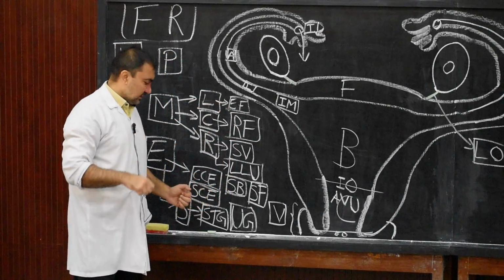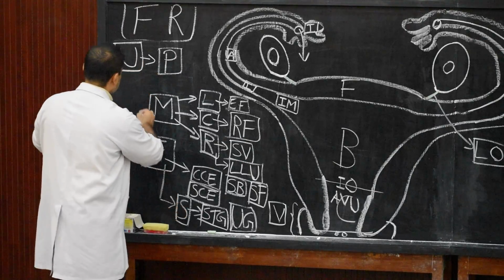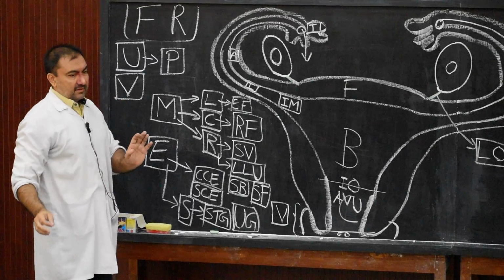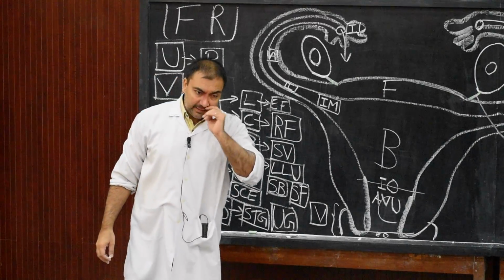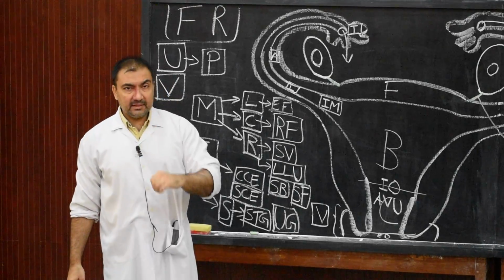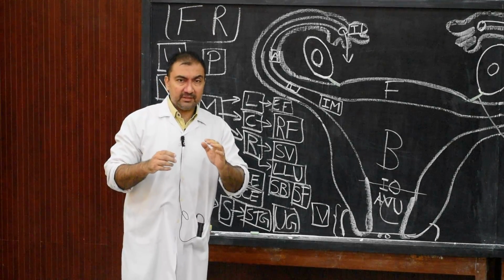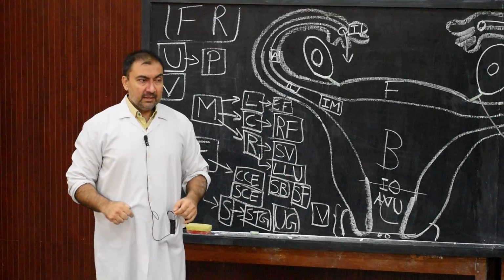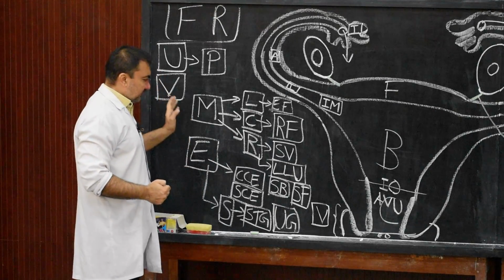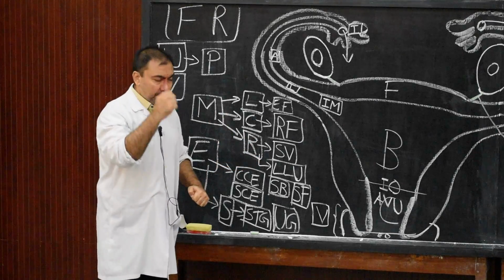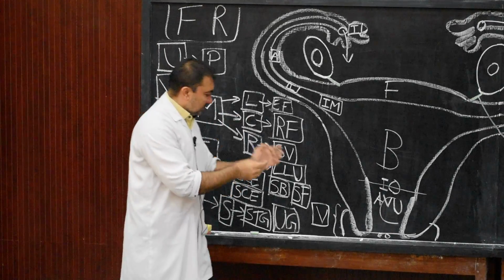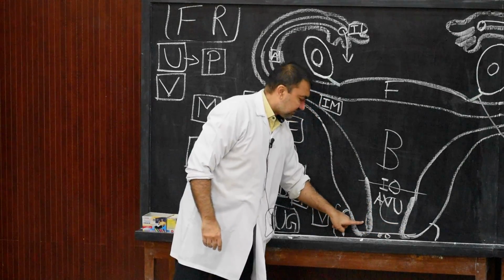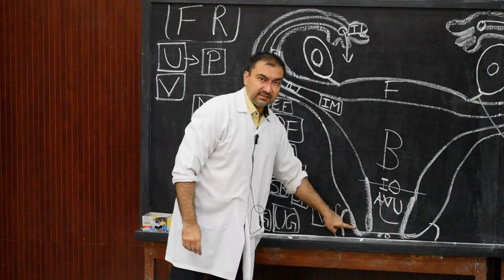Now we come to the vagina, which is very simple. You need to understand that the vagina has non-keratinized stratified squamous epithelium. So the first important point is non-keratinized stratified squamous epithelium. Please note down. The second important point is that the vagina functions as a copulatory organ. The third important point is that the vagina, as you see in this diagram, surrounds the cervix in the form of fornices.